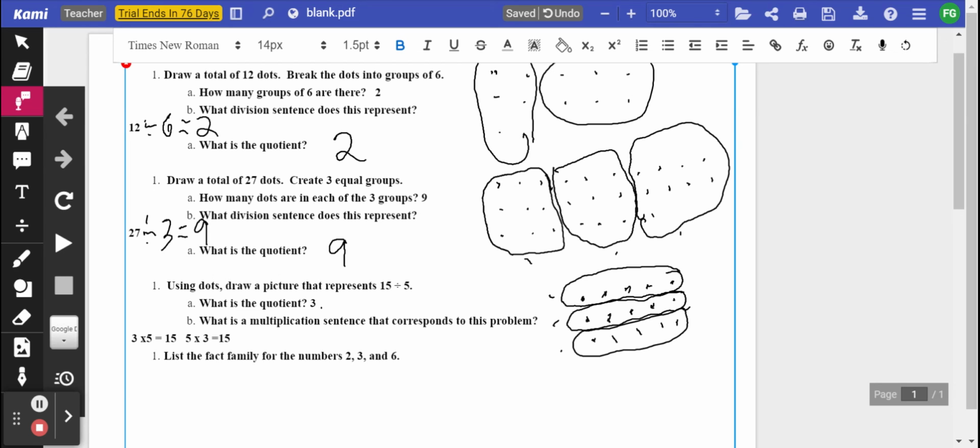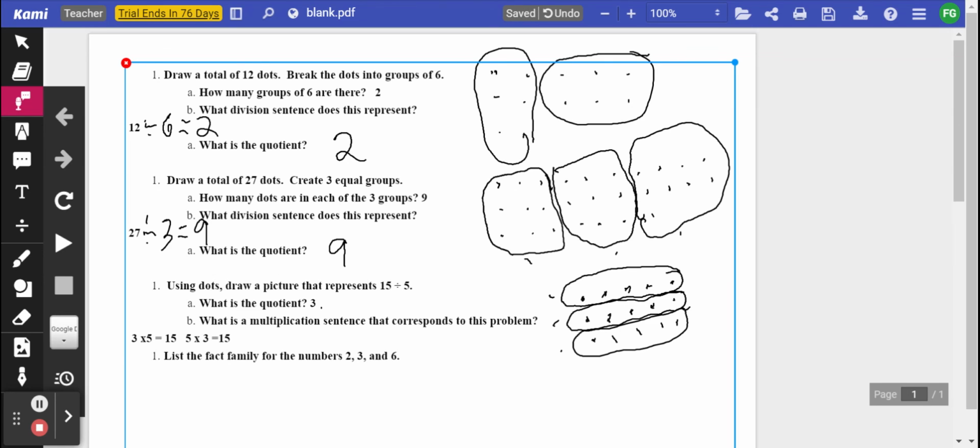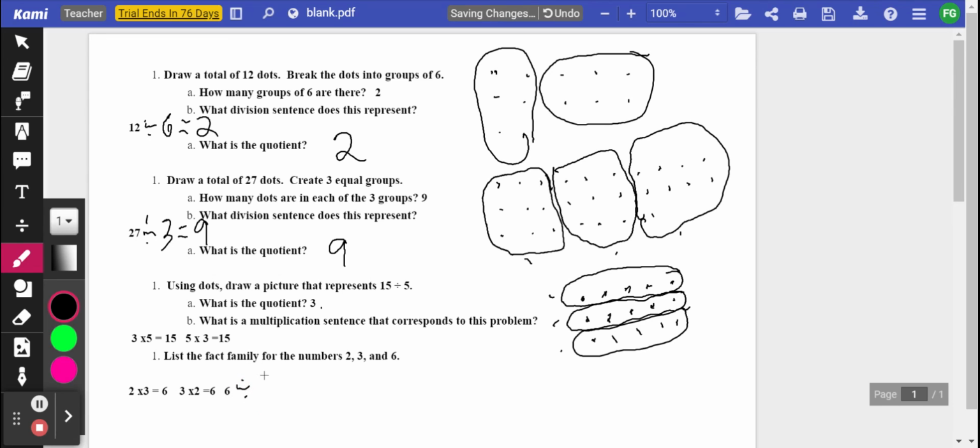Okay, I want you to next list the fact family for the numbers 2, 3, and 6. So that is just the multiplication and division problems that have 2s, 3s, and 6s in them. So I could have this equals 6. I can also write it as 3 times 2 equals 6 because of the commutative property. And then for the division problem, I could have 6 divided by 2 equals 3, or 6 divided by